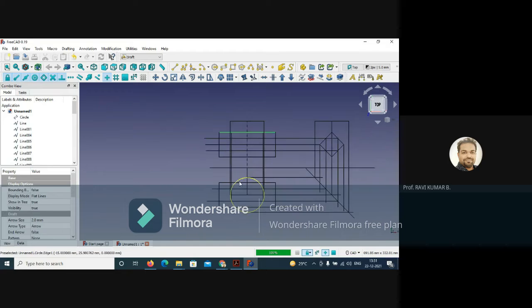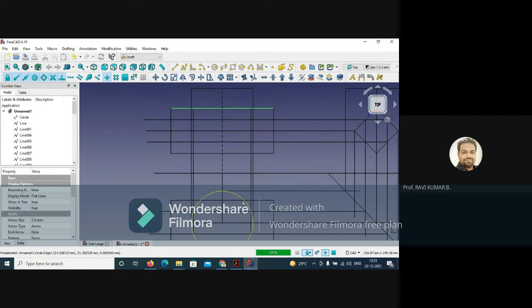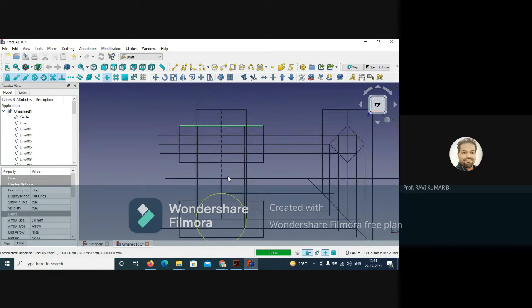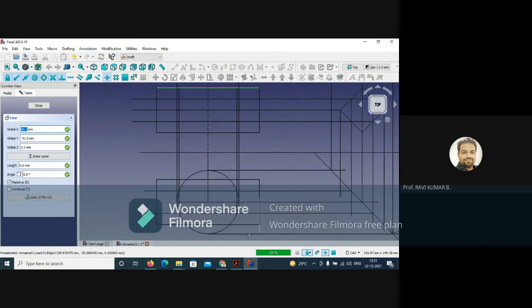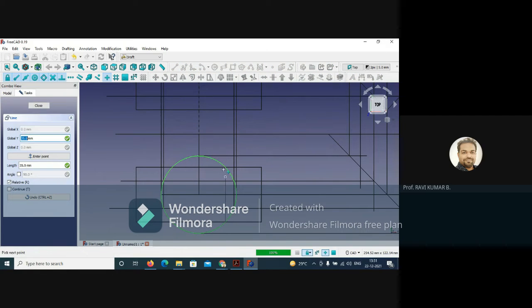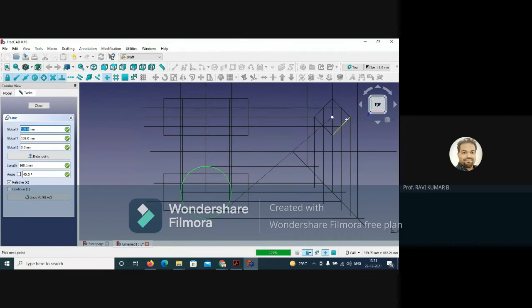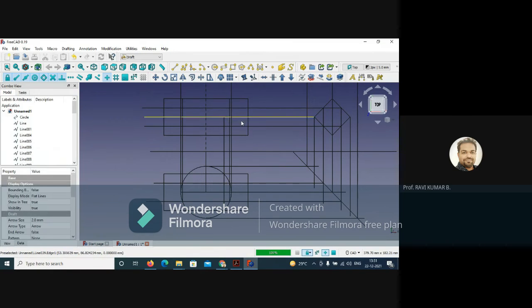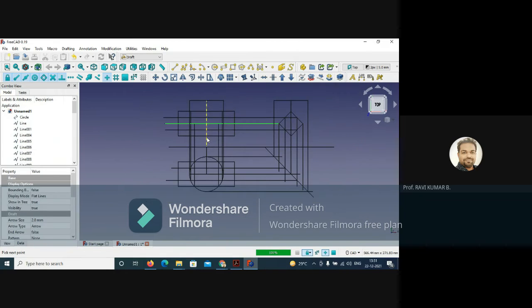So this has been drawn for this intersection, and one more point will be coming from this point and this point, and from this point and this point. So you take the projection from this intersection point vertically up, and this is basically representing this point, right, and this point. So exactly at the mid center line you have to go. So it is up to here, then take intersection again, go to the center point.